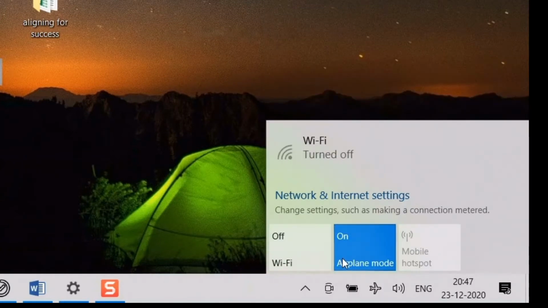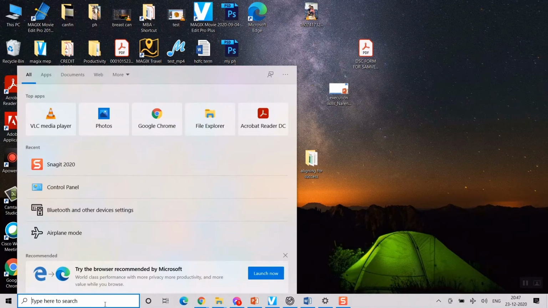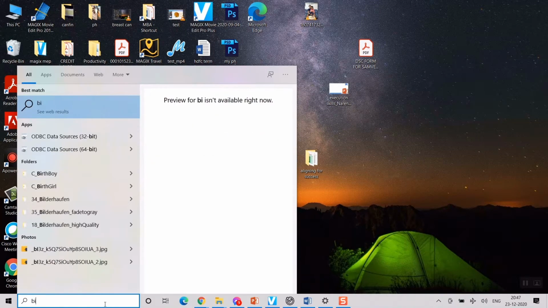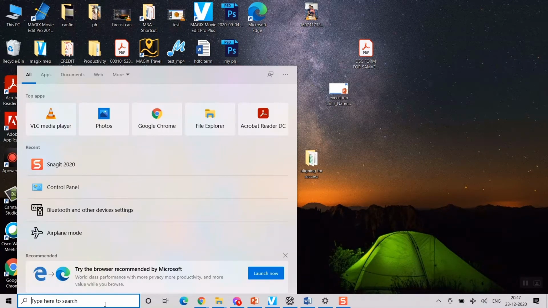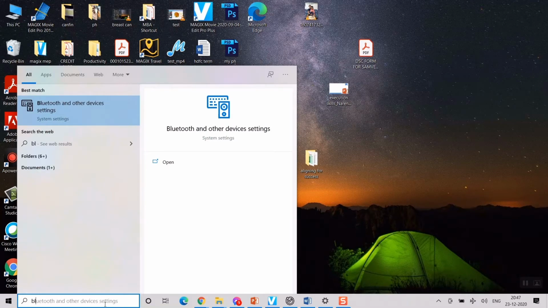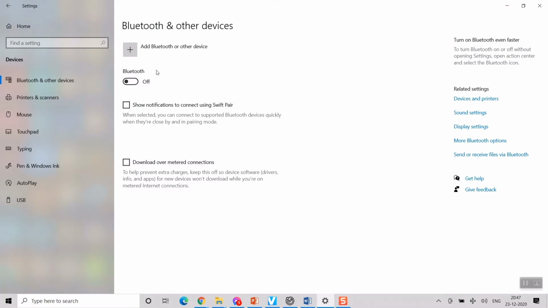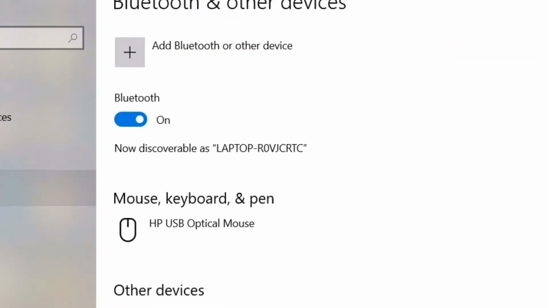Once I click it, it has turned on. So once it has turned on, my Wi-Fi is not available now. I perhaps can't even switch on my Bluetooth. Let me see. Bluetooth. Well, there are separate settings for this also, whether you can allow Bluetooth to turn on or not. I'll just click on Bluetooth. See, automatically the Bluetooth has turned off. I have to turn it on again.